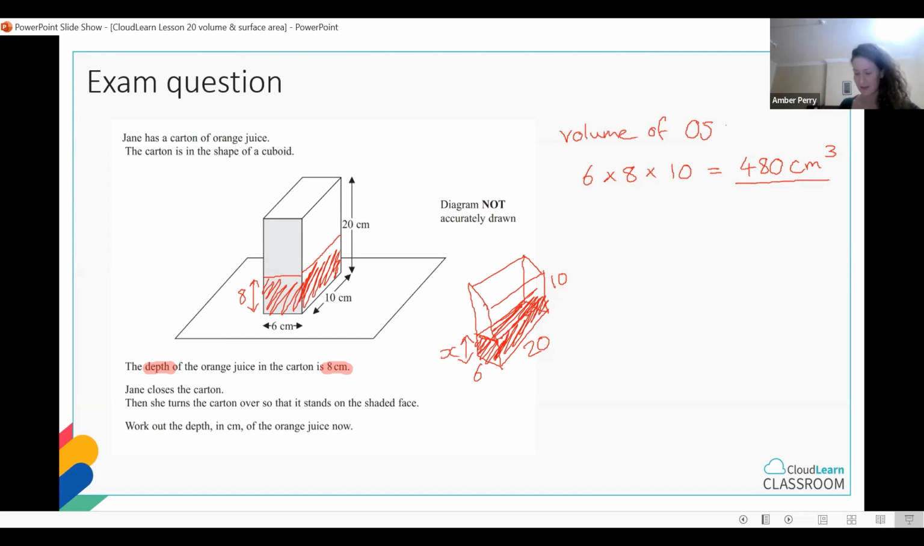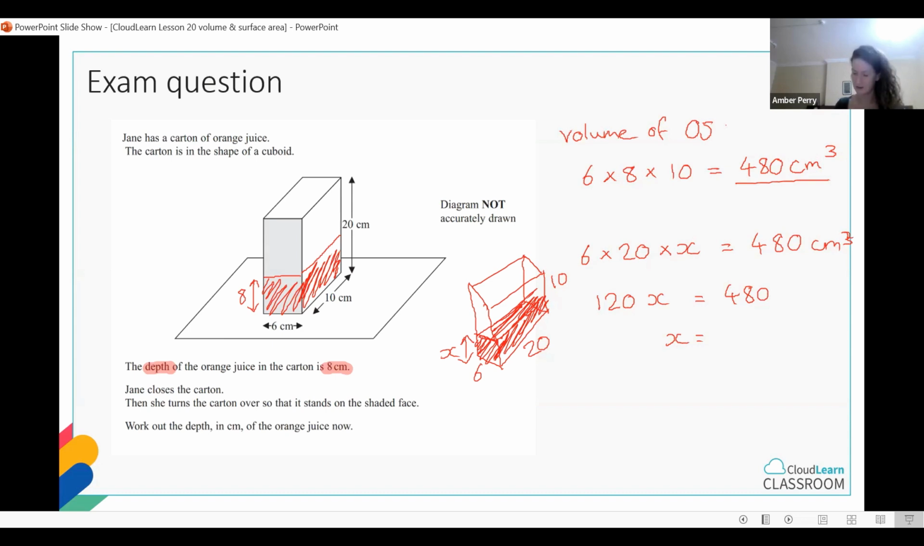So I need to find the depth, okay? So now my new volume is going to be 6 times 20 times X, and that's still going to be equal to 480 centimeters cubed, okay? So once again, like we did at the beginning, I've formed myself an equation that I can solve. Simplifying, I've got 6 times 20, which is 120x, equal to 480. So X is going to be 480 divided by 120,